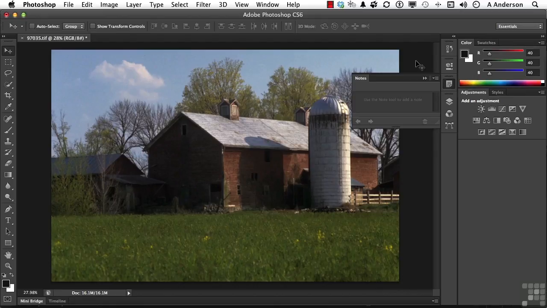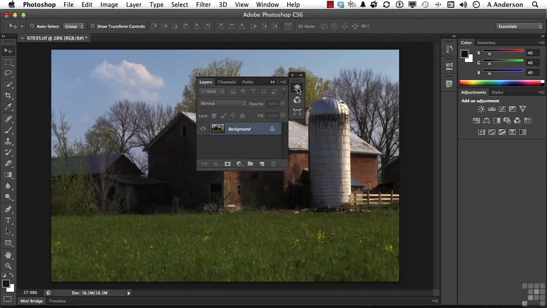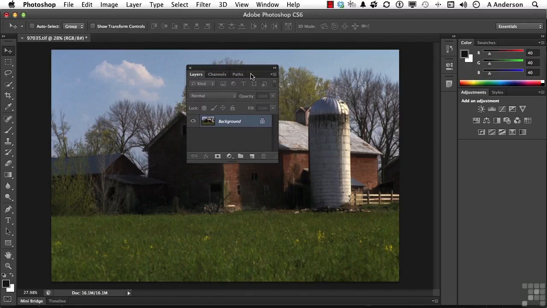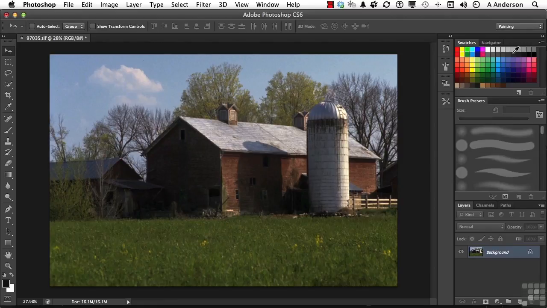Now let's do this. Let's stay in Essentials. Let me go ahead and collapse that. Let's go ahead and move this group back out again. Let's go ahead and do something like that. All right, I'm happy with that for whatever reason. I got it square in the middle of my image, but I like it. I'm going to come up here to Essentials and change into, say, painting. Well, of course, that's going to change. But if we go back to Essentials,